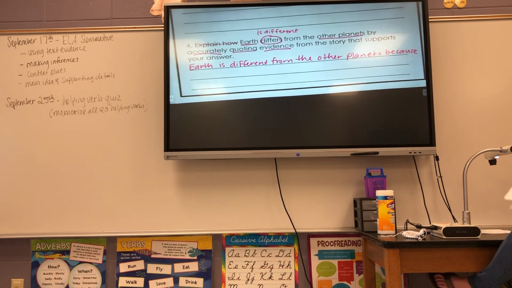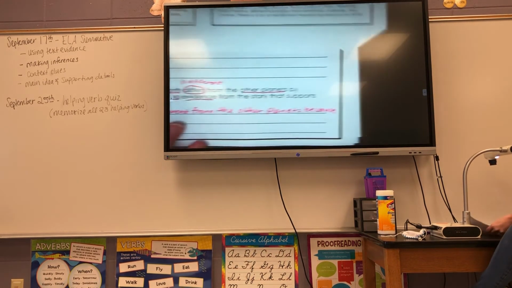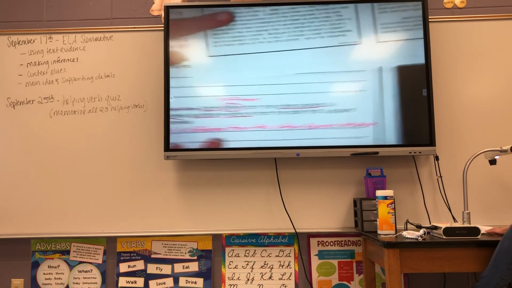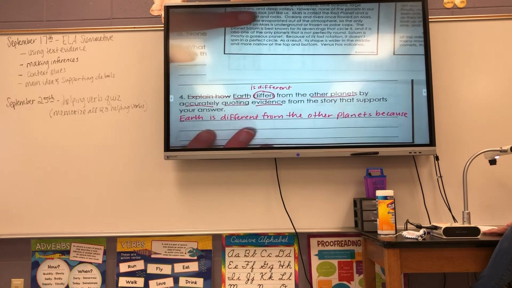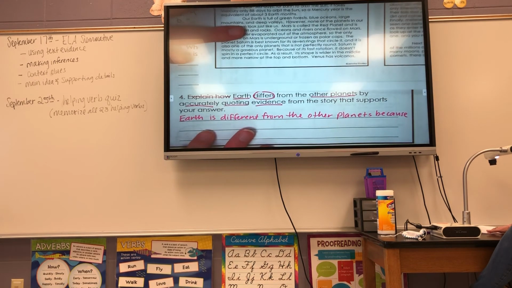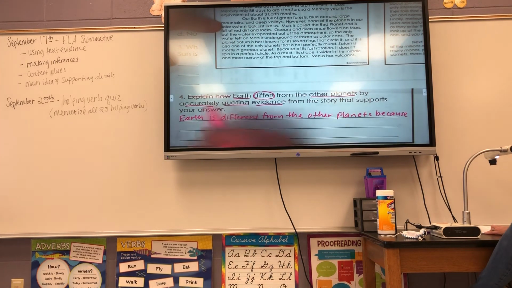I'm going to do a little cheat in here and pull up another passage so that I can fit it all up here and see it all at once. All right, and it says, Earth is different from other planets because Earth